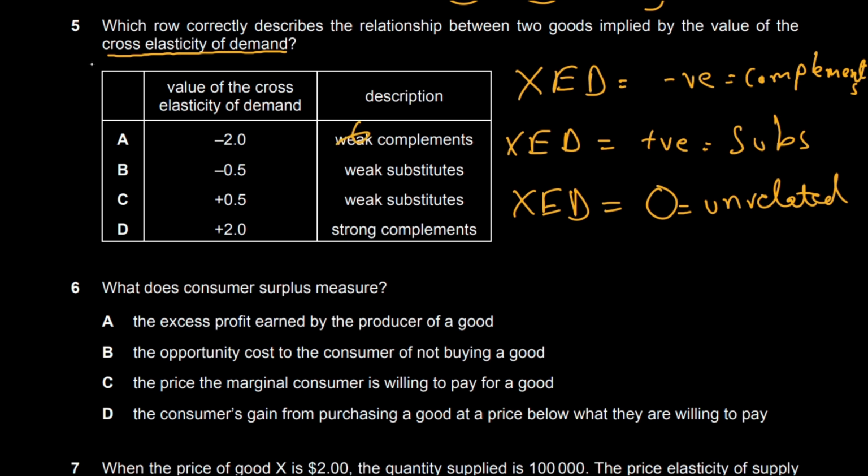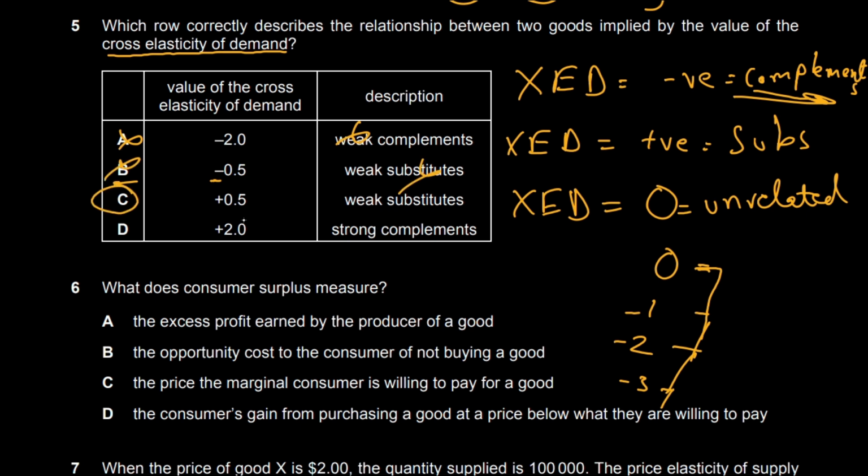No, it's not weak. The farther you are away from 0, for example, here's 0 on a timeline, then here's minus 1, then here's minus 2, here's minus 3. So the farther away you are from 0, the stronger you are. You are strong complements. Option A is wrong. Option B states minus 0.5, weak substitutes. No. Whenever we are talking about negative signs, this means that we are talking about complements. Both goods are complements, not substitutes. Hence, option B was wrong.